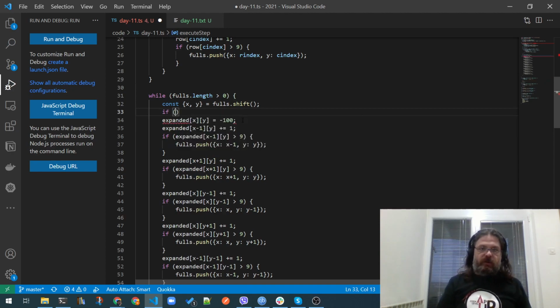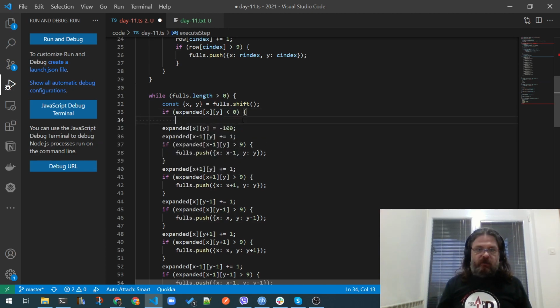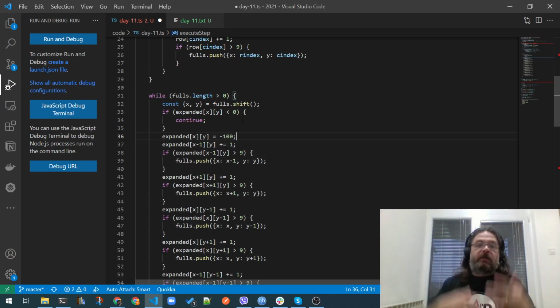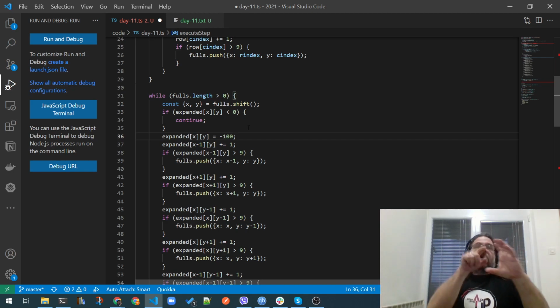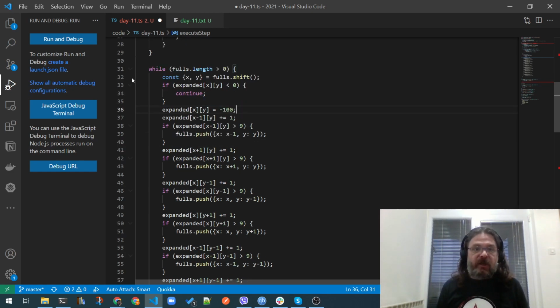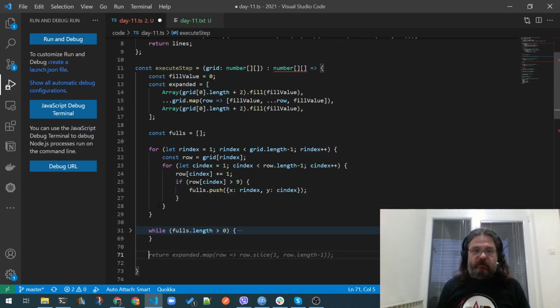So what we will do is just, if the value is less than 0, well, skip it. And since it's minus 100, it doesn't matter how many times it blows, it's just gonna stay negative. It can theoretically get scheduled 8 different times for each of its neighbors. So it can be 8 times inside the fulls array, but it will only get run once because we'll set it as minus 100. And from minus 100 you can increase it up to 8 times, it will get minus 92, which is pretty much negative. So we can run another for loop